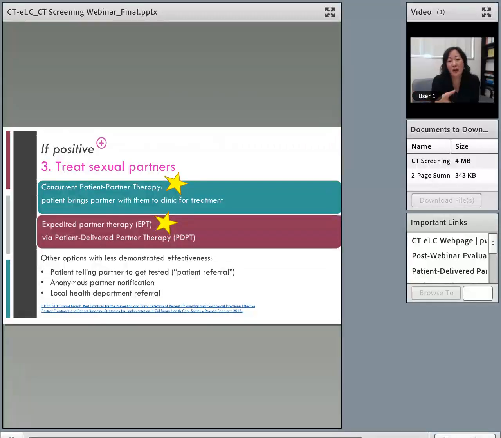So what about other methods of notifying partners? One way is a little bit more passive, where the patient's sitting in front of you and you say, you have chlamydia, tell your partner to go get treated. And sometimes the response I get to that is, well, they should just go take care of themselves, I'm not going to let them know because they're really upset. Sometimes they're like, okay, I'll let them know. But I have no idea once that person leaves whether or not they actually give the information, and whether or not the person actually goes in and gets treated. And so these other methods that I talked to you about, which is bringing your partner with you when you get treated, or giving expedited partner therapy, are certainly more expedient ways to get it done. And we're going to go over the evidence